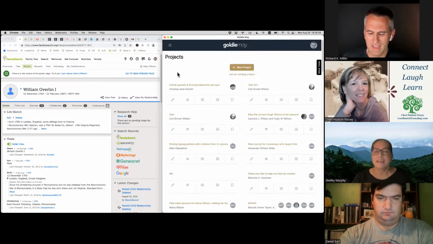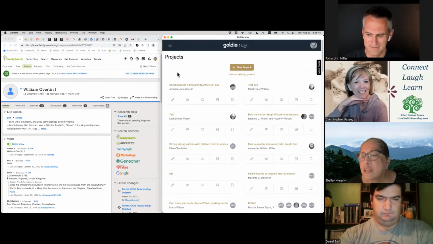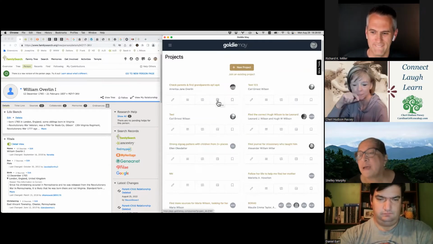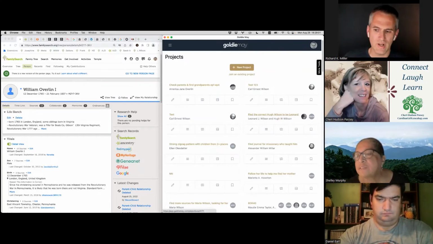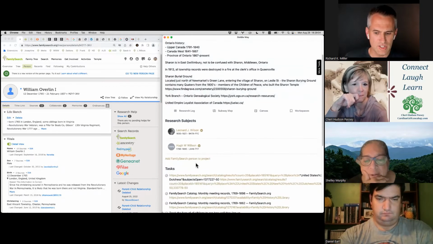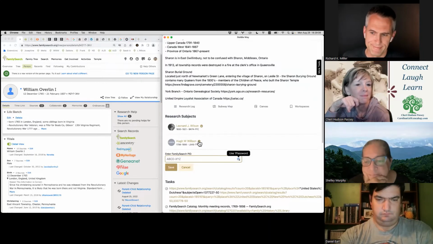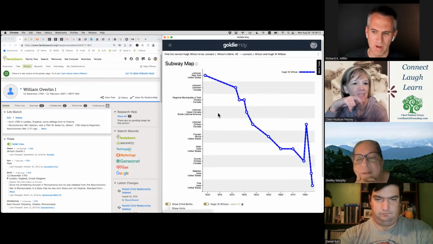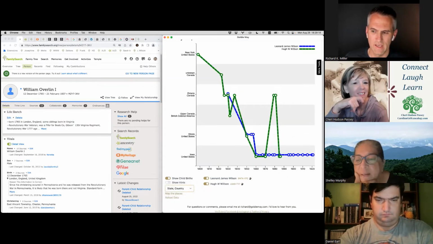So let's see, I'm trying to think if I've left anything out. That's probably a good rundown of the features. That little thing looks like a bookmark. Oh, that was probably the workspaces that you mentioned. Yeah, that's workspace. And so you've got one, Leonard J. Wilson and Hugh. Why are there 2 people there and only one on the other ones? That's just what I chose to do. I chose to add 2 FamilySearch IDs to this project. And so if I go to the subway map, I instantly see both of those side by side. It's very nice.